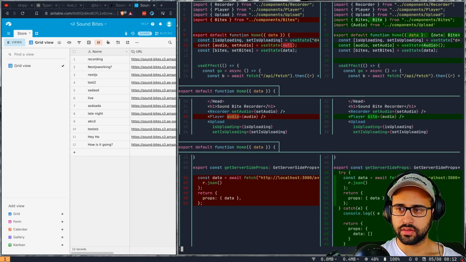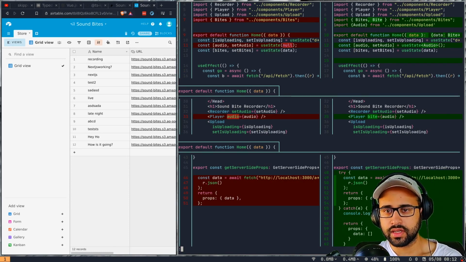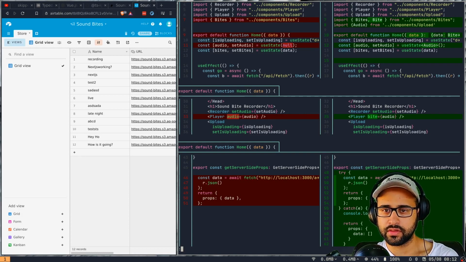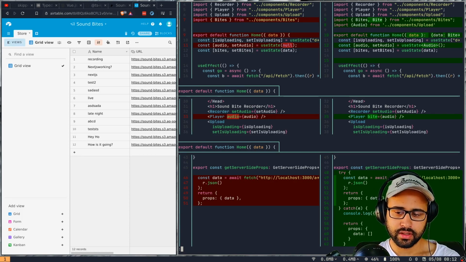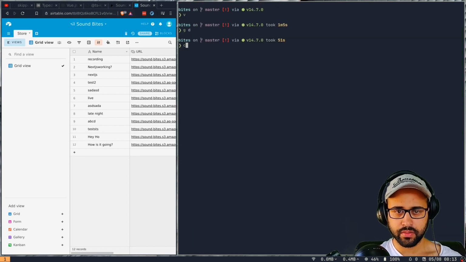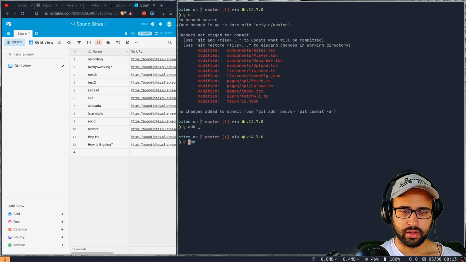Some types on the function previously, and then on the index file we defined all the types explicitly, and yeah, I think that is it. What else? Some formatting, and then yeah, that's pretty much it. So it all looks good to me.